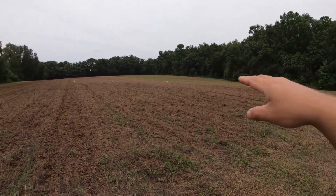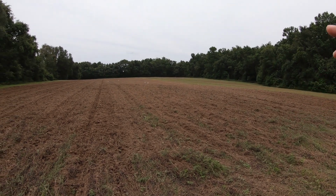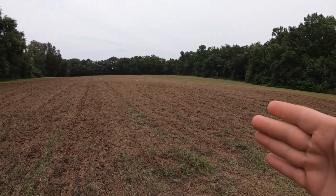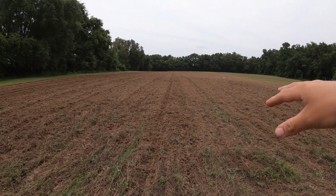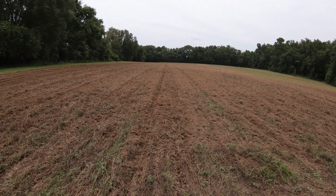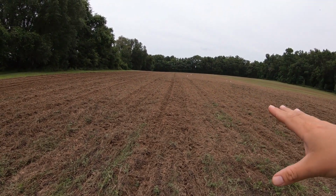This other half of the field, I've got it mowed now. And the reason I do this field in two separate halves like this is because I like to split up my planting. I'll plant that half several weeks behind this one. So when this comes up, I'll go ahead and cut it,